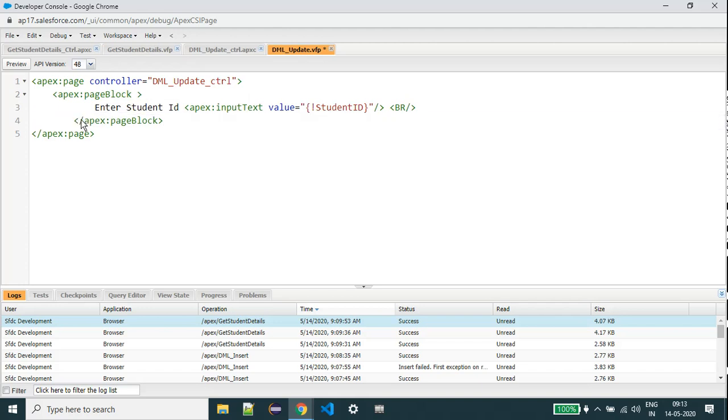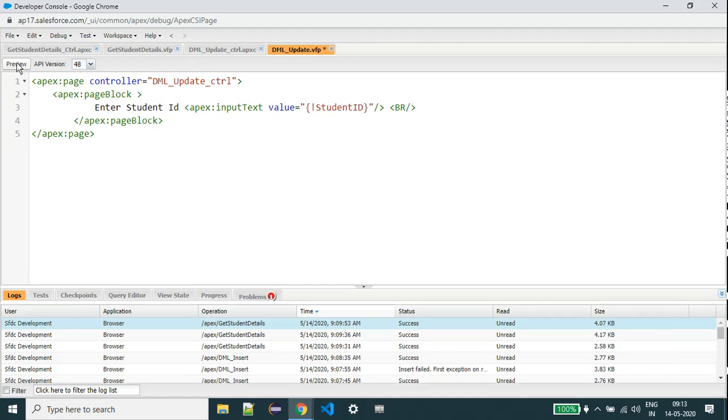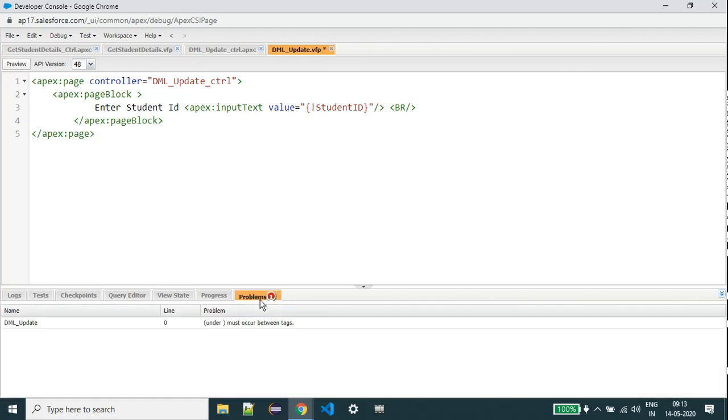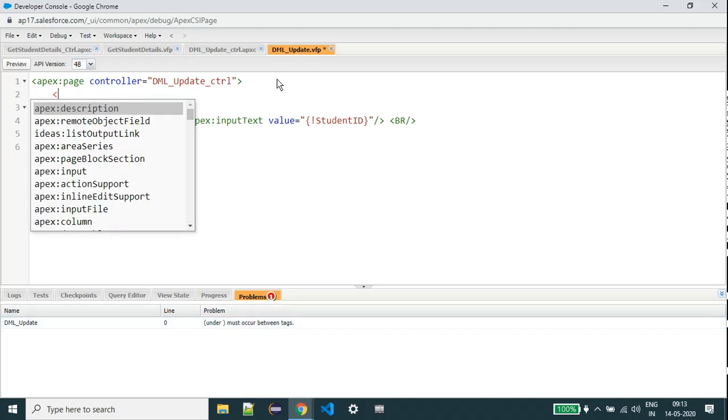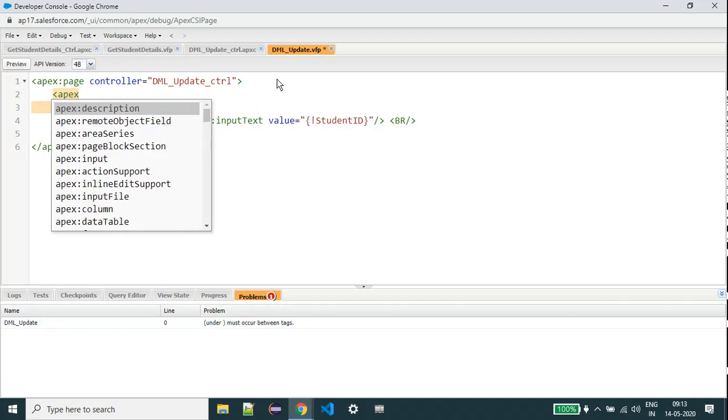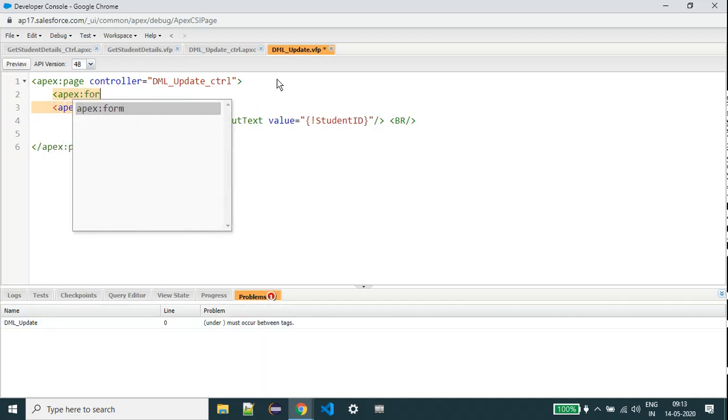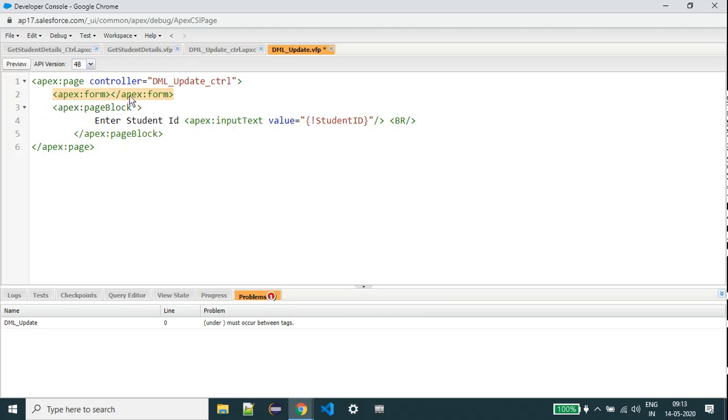Save. I'm just displaying the student ID. Okay, I forgot to mention the Apex form. So now it is saved.